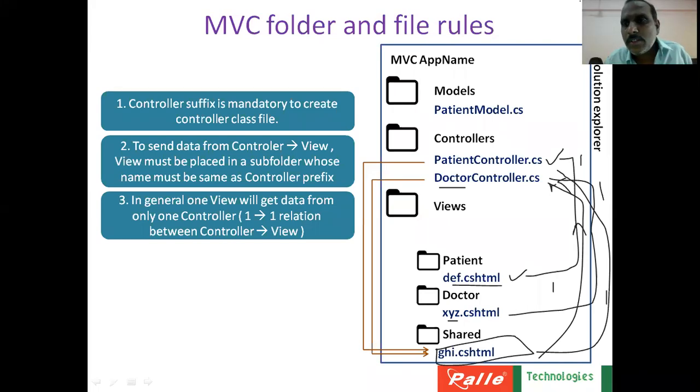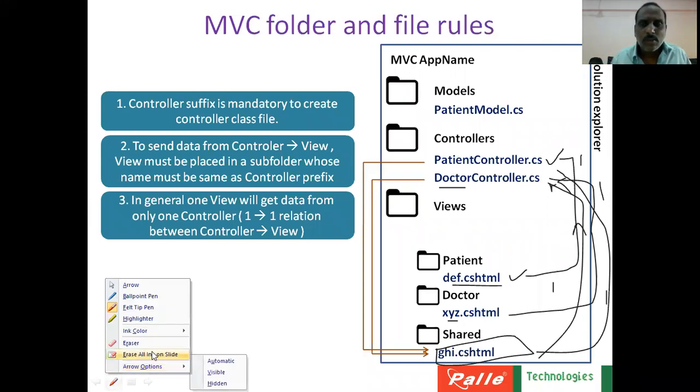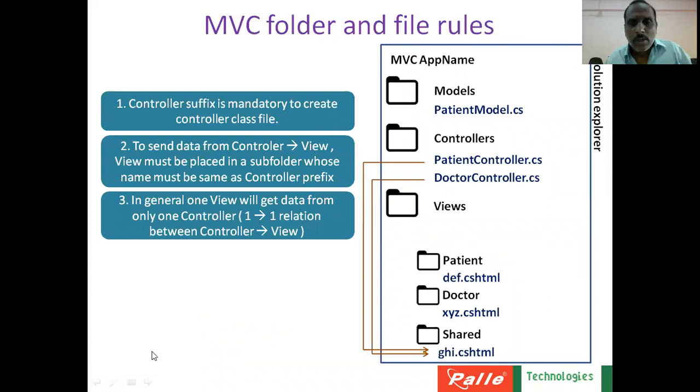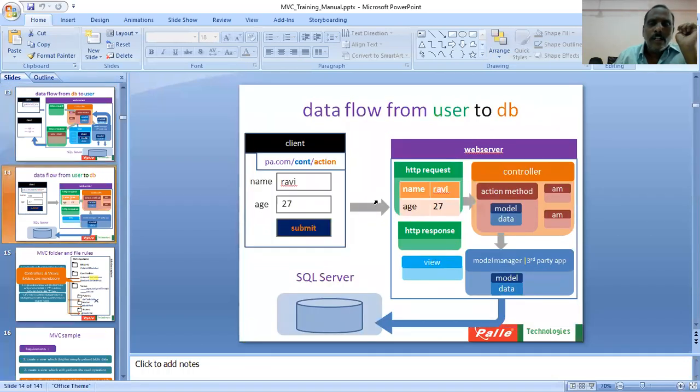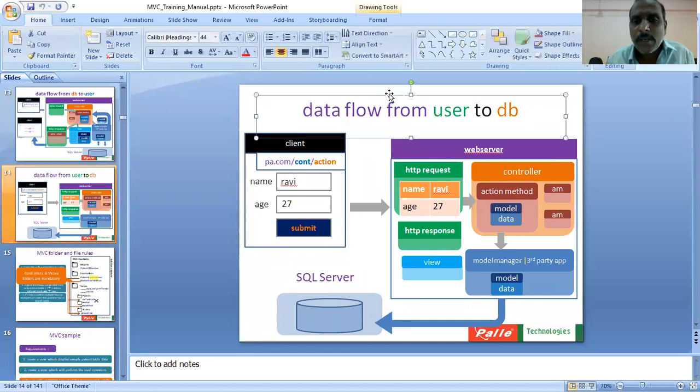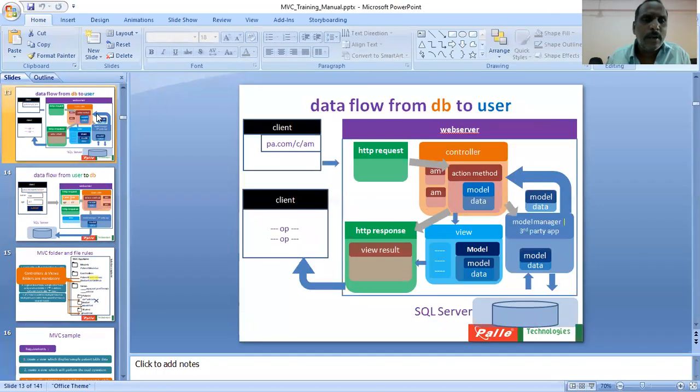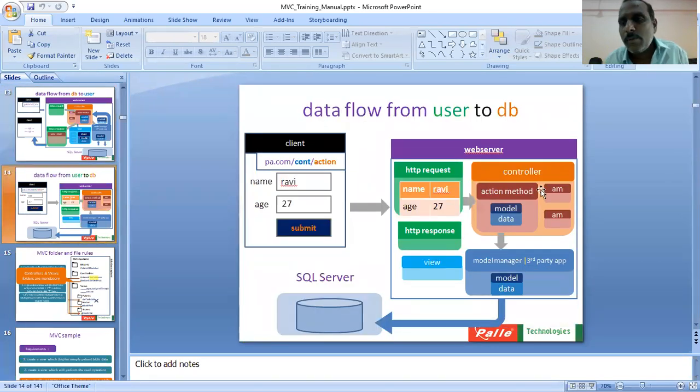I hope you understood the folder structure and rules. So today let me stop. Tomorrow we will try to understand how to give the implementation. Tomorrow I am going to explain this flow in the code. I will try to implement all these things in code and show you how to implement it. So maybe in the next session I will explain this. With that, mostly whatever I thought of explaining in MVC may be getting completed. But while explaining this particular part, I will be talking about many things.